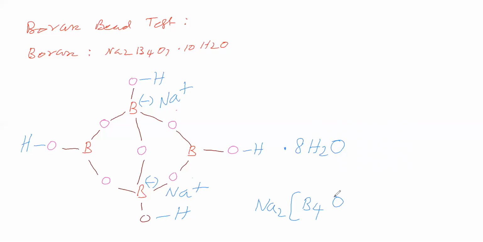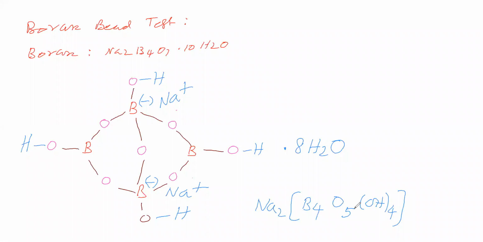Of the 9 oxygen atoms, 4 oxygen atoms are present in the form of OH groups. Now the OH groups, if you see: 1, here 2, here 3, here 4. So 4 OH groups are present in the borax. How many oxygen atoms are acting like a bridge? Here one oxygen is acting like a bridge between two boron atoms. This oxygen is acting like a bridge between two boron atoms. It is the third oxygen bridge, the fourth oxygen bridge, the fifth oxygen bridge. So five oxygens are acting like a bridge.